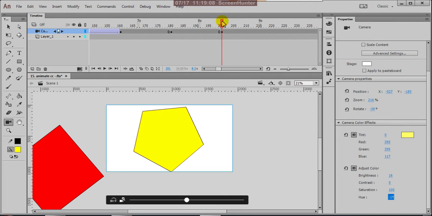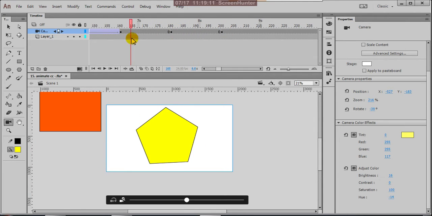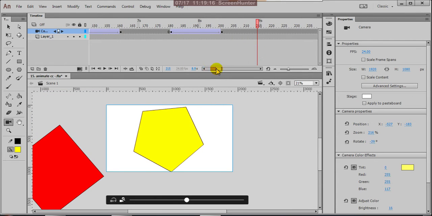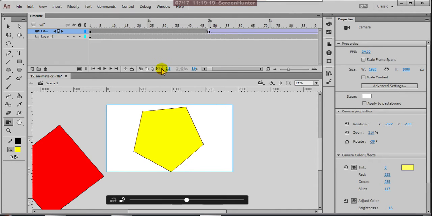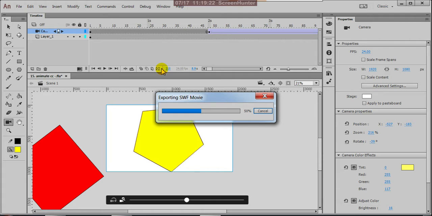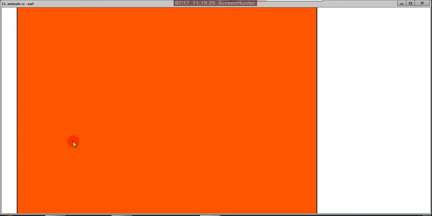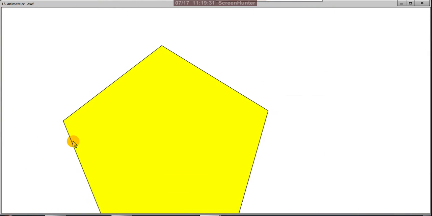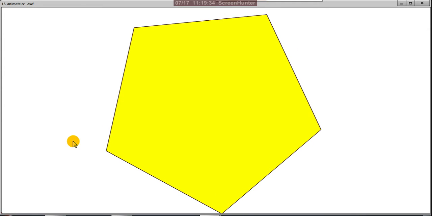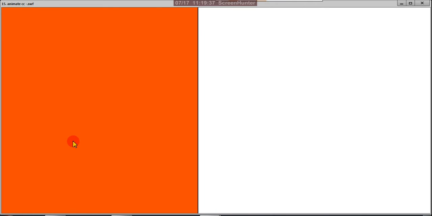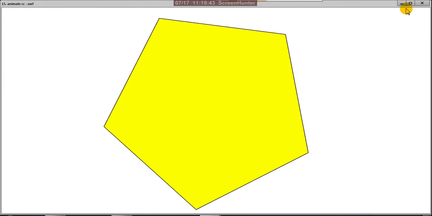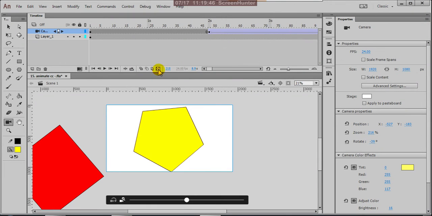Okay, so now what I'll do is give create classic scene here again. Okay, so this is up to here. Let us check what will happen. Suppose Control Enter. See, first I'm focusing on red, then blue, and I'm focusing on yellow and rotations. So in animation also, as per the subject demand, we do the camera.